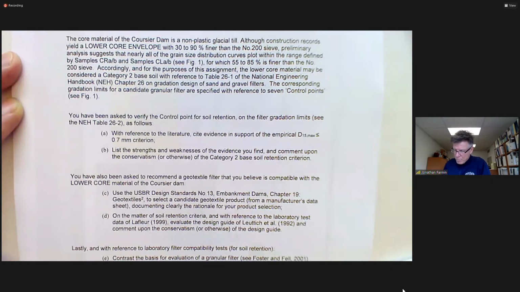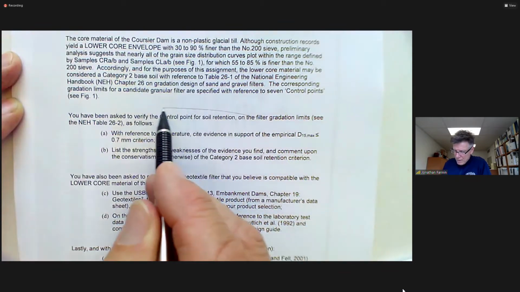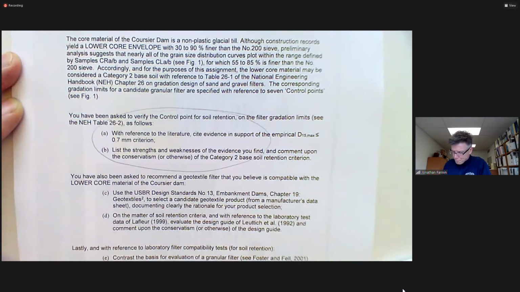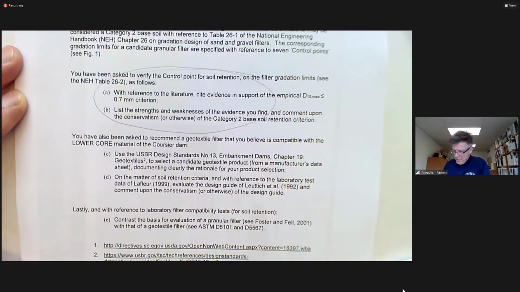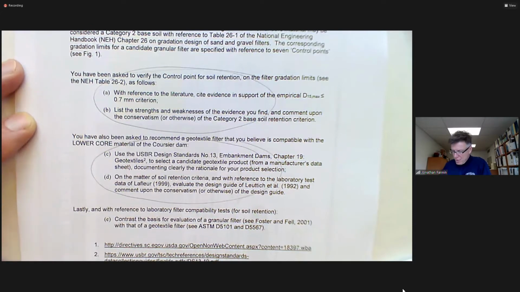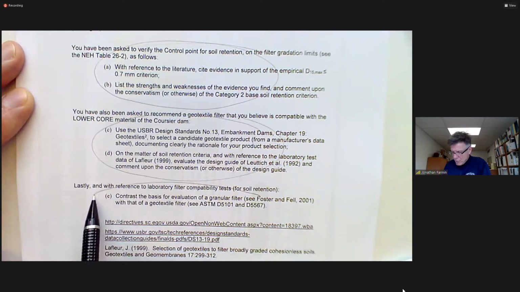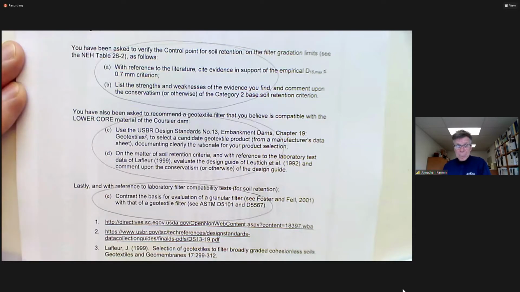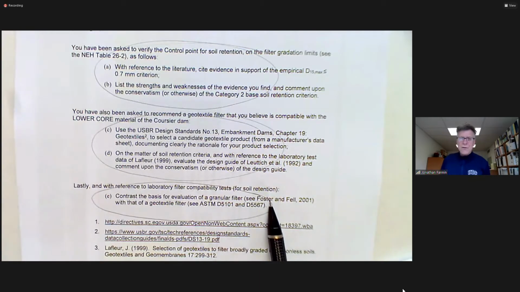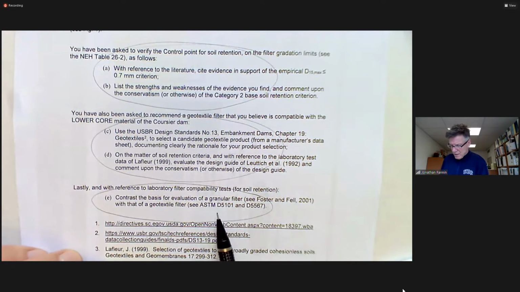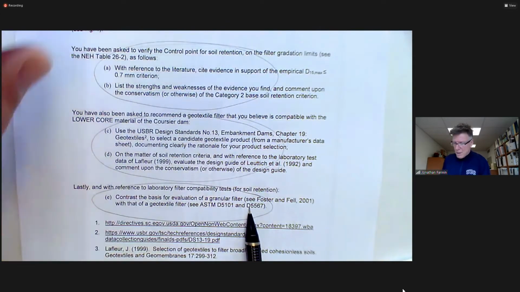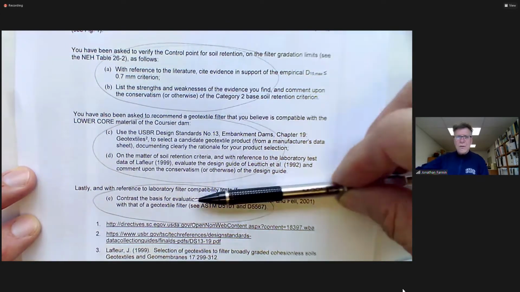So the first part is relating to granular filters. The second part is relating to geotextile filters. The third part is relating to lab testing protocols, either for a granular filter, the Foster-Fell approach, or a geotextile filter, the ASTM approach. The Foster-Fell is not a standardized test. The gradient ratio and the hydraulic conductivity are. So this is spanning across,